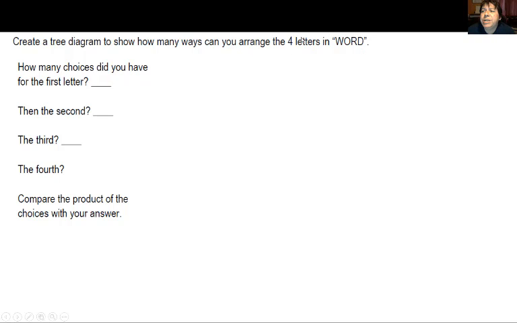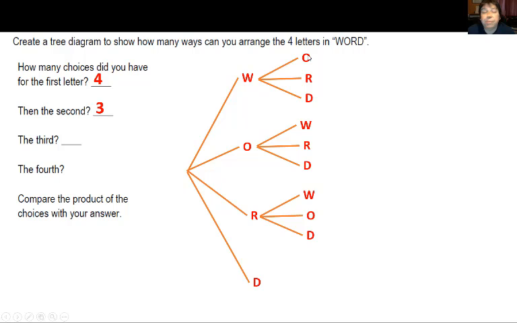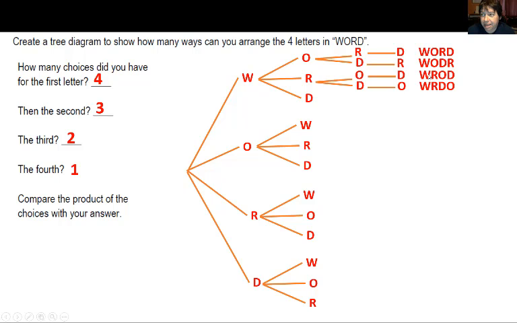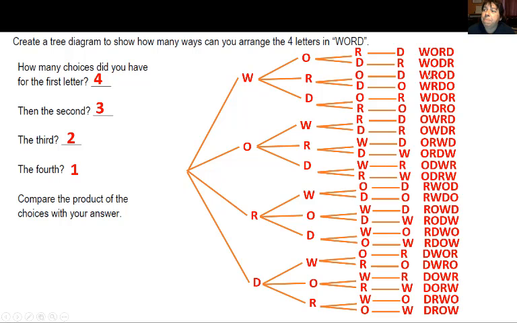So we're going to make a tree diagram for the 4 letters in Word. How many ways can I arrange that, where I use each letter once? Well, I have 4 choices for the first letter, and there they are. Then I have 3 choices for the second letter, depending on which one I pick. Then finally, I have 2 choices for the third letter, and then 1 choice for the fourth letter. And then here are all the outcomes. All right. If I count all these possible outcomes, then I see that there are 24 ways to rearrange the